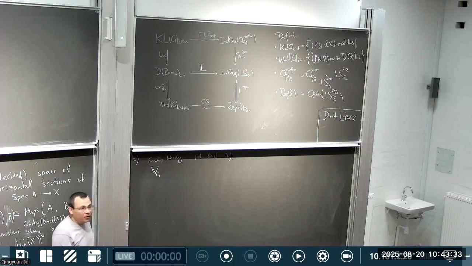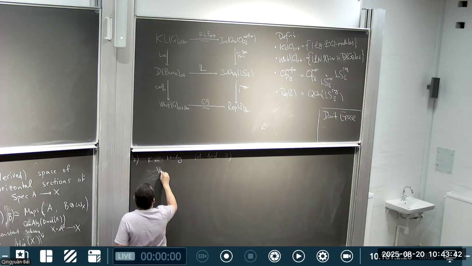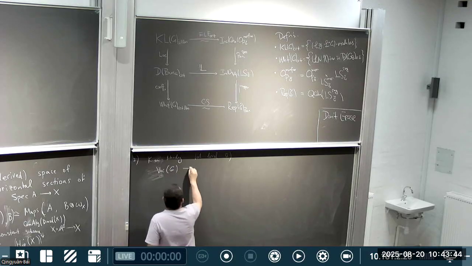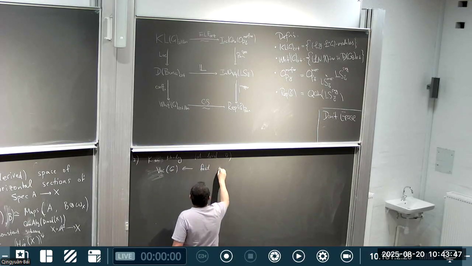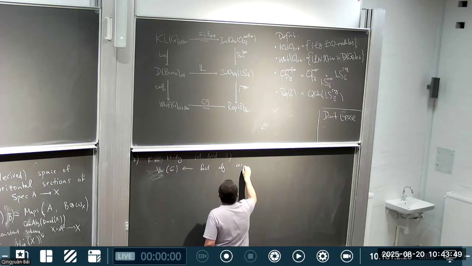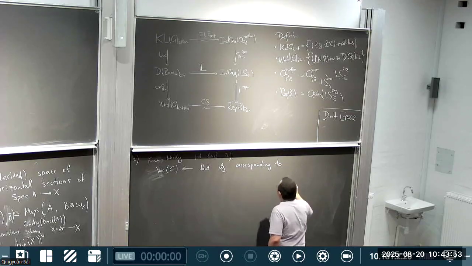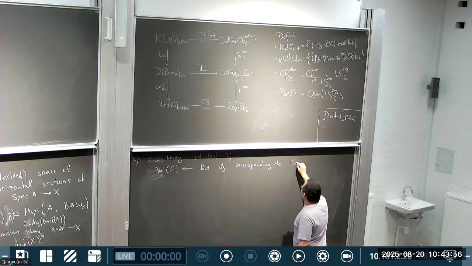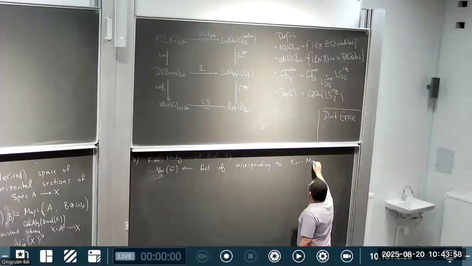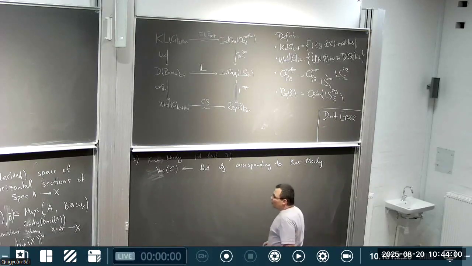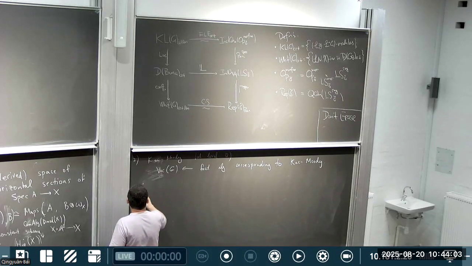Was this the name for the corresponding factorization algebra? There are different things. One was Vac of G, this is the factorization algebra corresponding to that. It appeared yesterday, and the assertion is that factorization homology